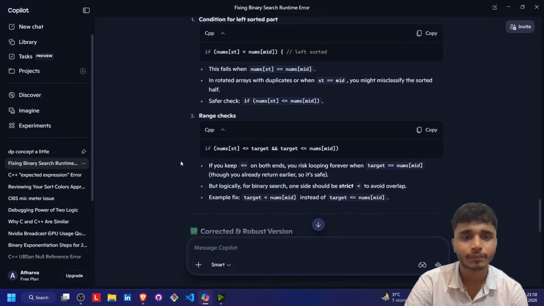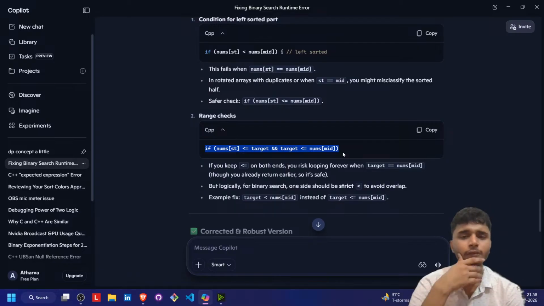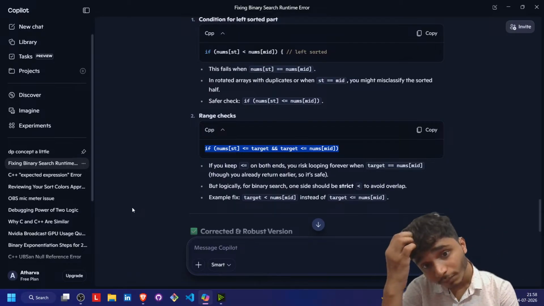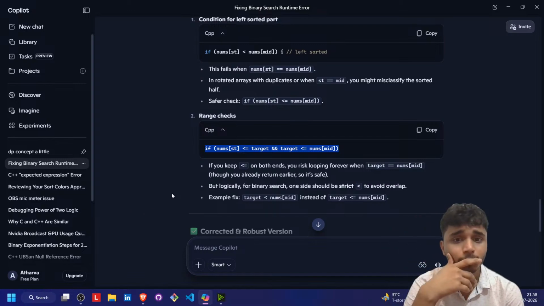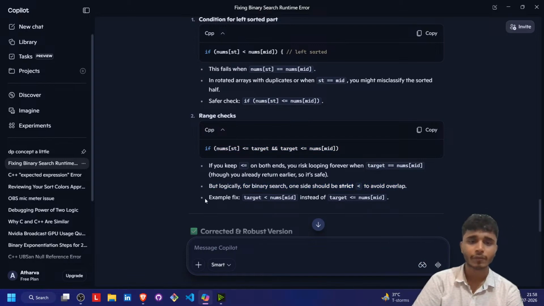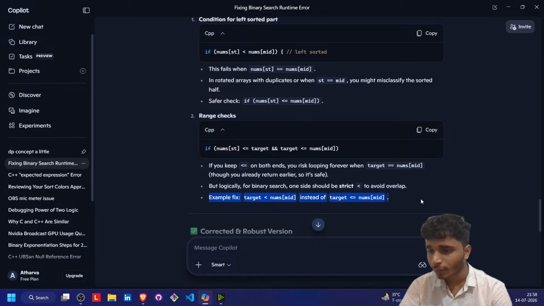Safer check: for one target is equals to mid, avoid overlap. Example fix: target is less than equals to mid instead of